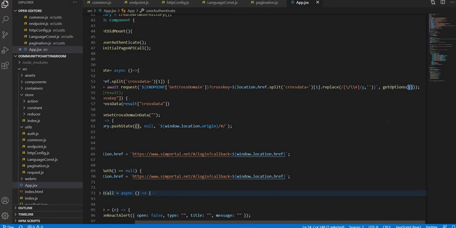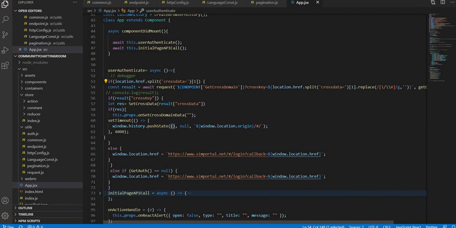Internally we don't have any call for get, so I'm just sending it through the query string. And as soon as I get the data as a result, you can put a debug or maybe a console log to see what response you are getting, and based on that you can also operate. So only this line will be handled to call the API.